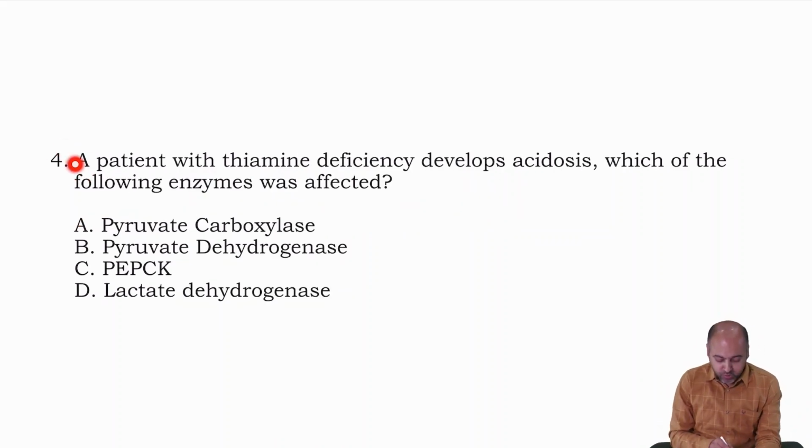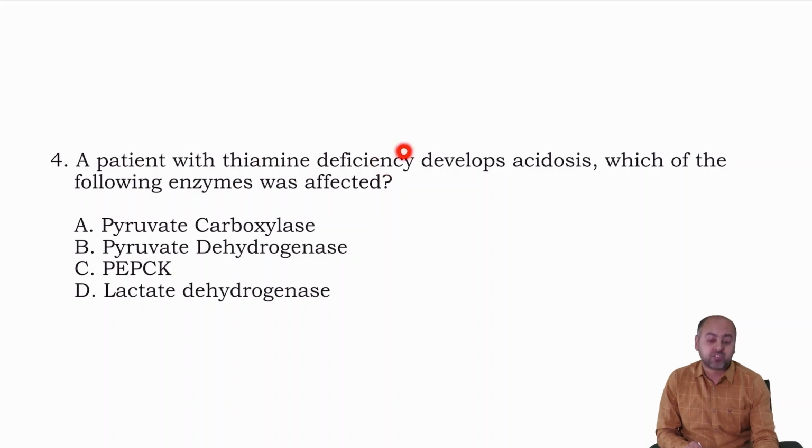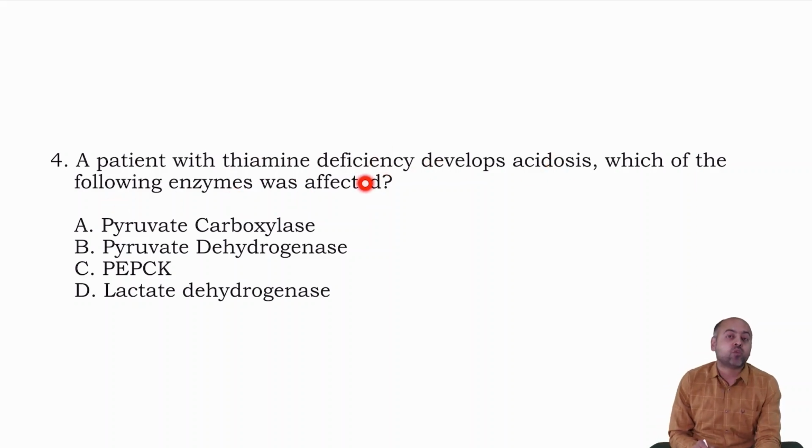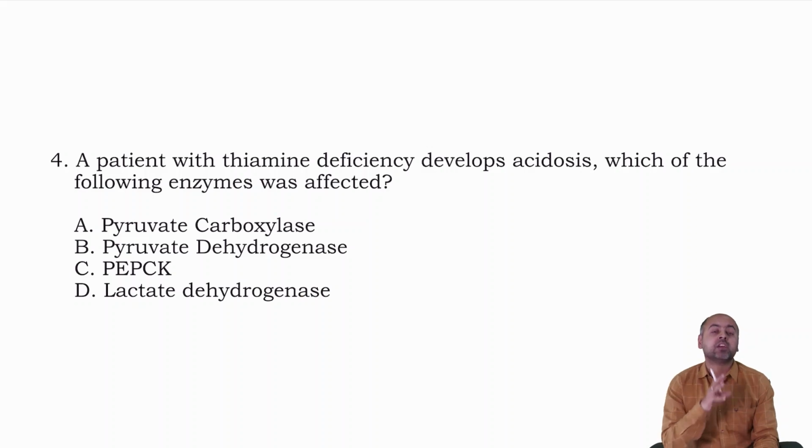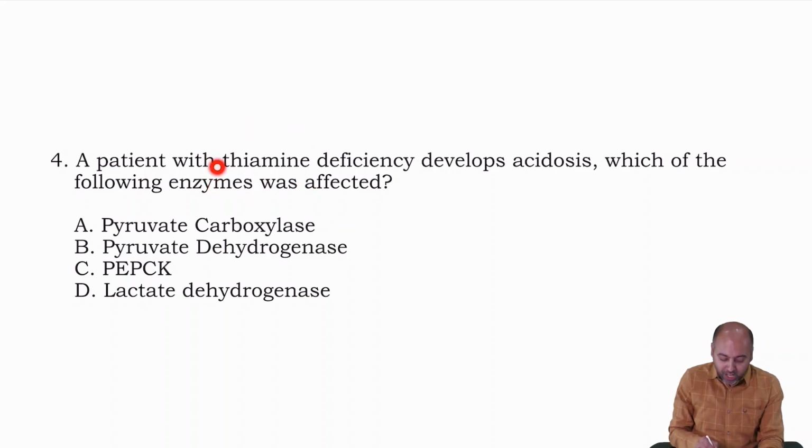Then we come to the question: a patient with thiamine deficiency develops acidosis. Which of the following enzymes was affected? The options are pyruvate carboxylase, pyruvate dehydrogenase, PEP carboxykinase, and lactate dehydrogenase. So here the examiner is trying to see your knowledge about the composition of the functional molecules. In this case, the examiner wants to see whether you know the requirement of thiamine is there for which of